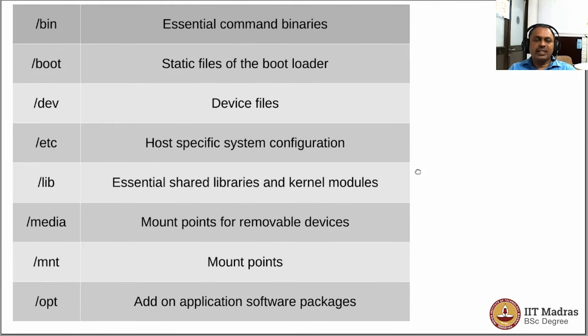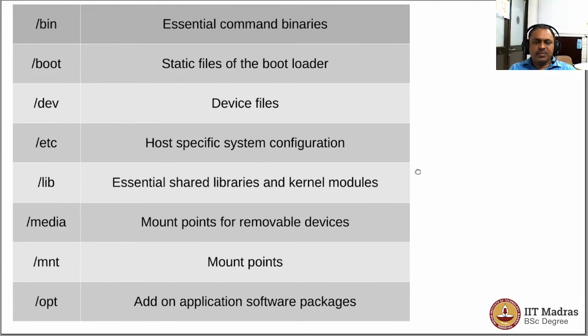The media folder will contain folders which are created when you insert a removable device into the computer. For example, if you insert a USB disk, then in the media folder a folder is available which will contain the file system for the USB stick, which you can explore. And when you unmount or eject the USB stick, then that folder would also disappear. Now /mnt is a folder where you could have mount points, that is directories which are made available to traverse the file system of those respective hardware or hard disks.